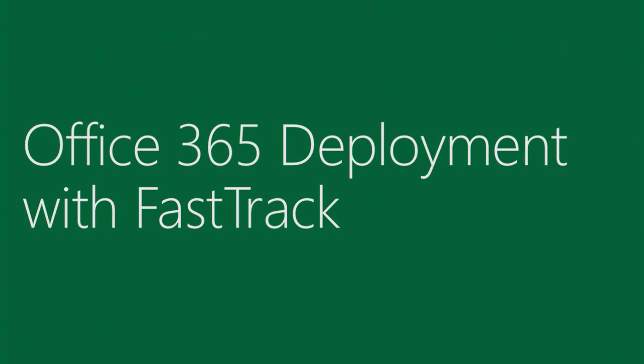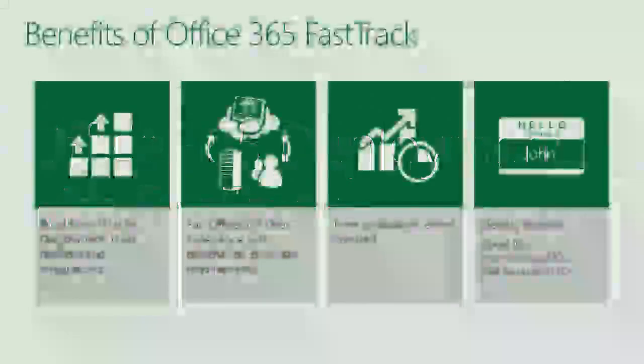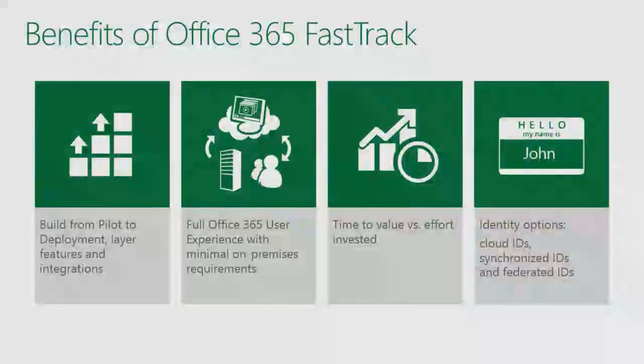So what we've had to do is really rethink how we talk to our customers about deployment. And one of the things that we talk about around deployment is Fast Track. It's really trying to go from the typical legacy infrastructure build, talking to our customers about infrastructure, what you need from specs, how you need to order hardware, what your configuration needs to be. It moves from those discussions into how do you start using the service quickly? What is it that you need to do to start consuming Office 365?